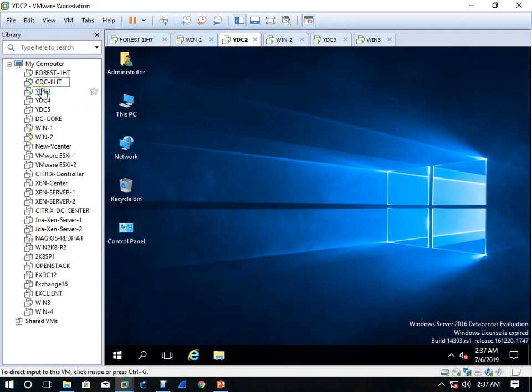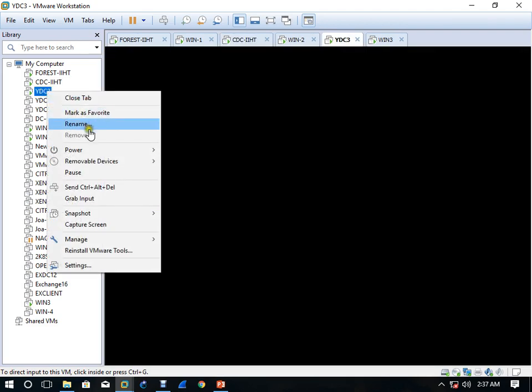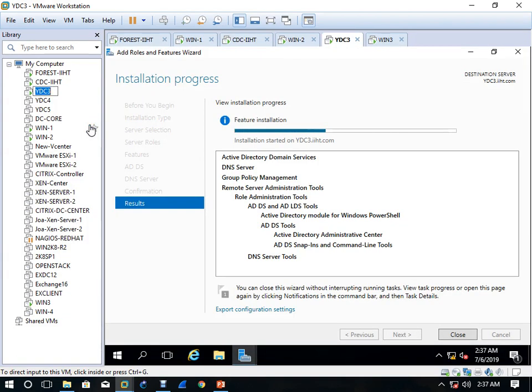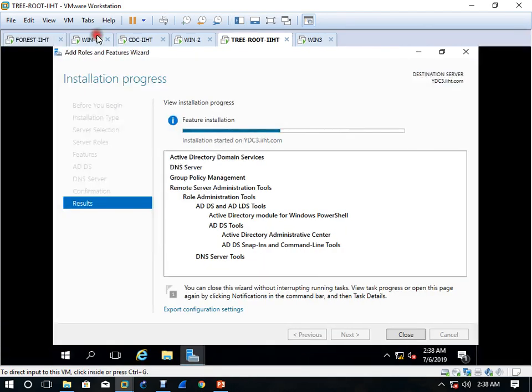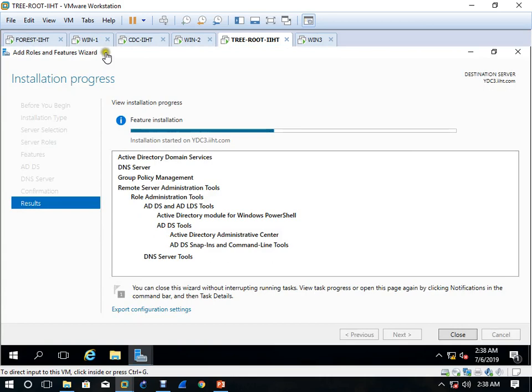And this is the tree root of IAHT. Okay, now it's okay for understanding. So this is forest IST, this is CDC.